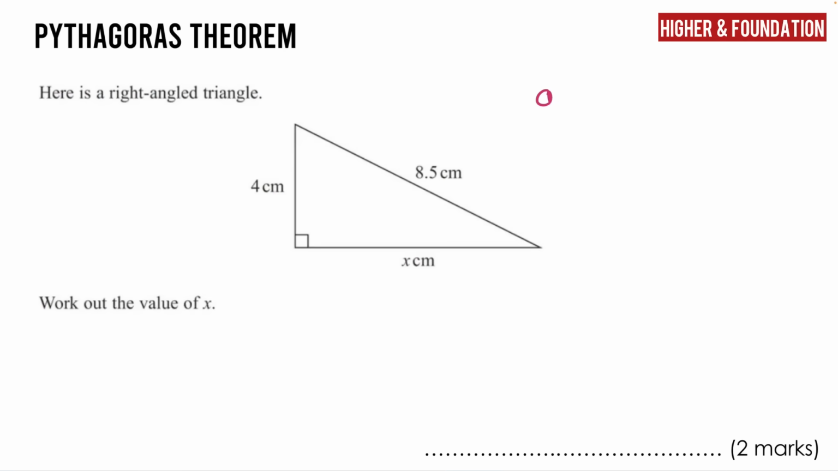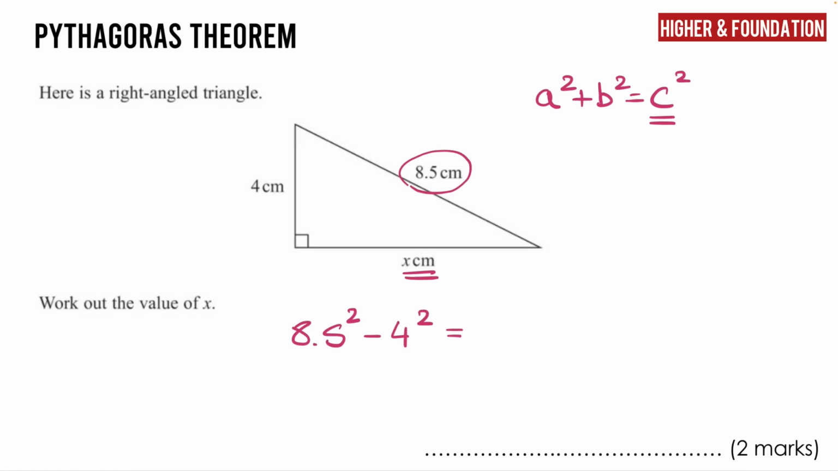Pythagoras Theorem is a really key formula that you need to know, a squared plus b squared equals c squared, where c is the longest side, the hypotenuse. Here we're actually given the hypotenuse and we're asked to find one of the shorter sides. So I need to do a subtraction rather than an addition, so I take the 8.5 squared using the bigger number first, subtract the 4 squared, and I'm going to work out what that is, 8.5 squared take away 4 squared, and that equals